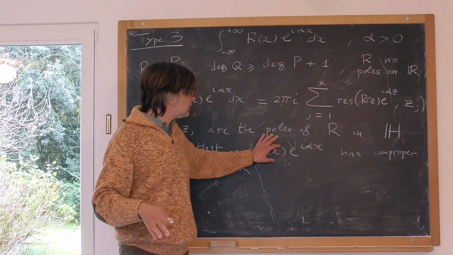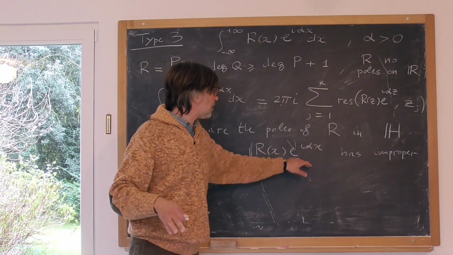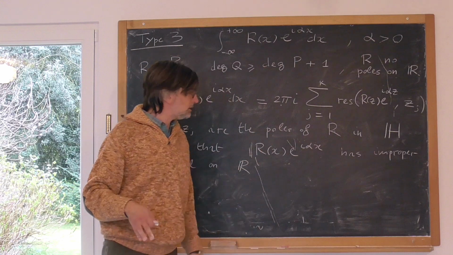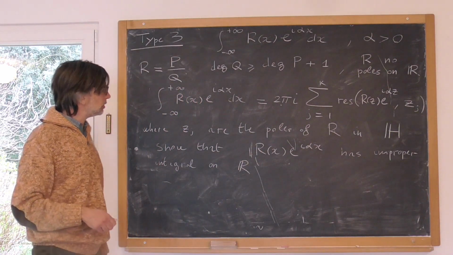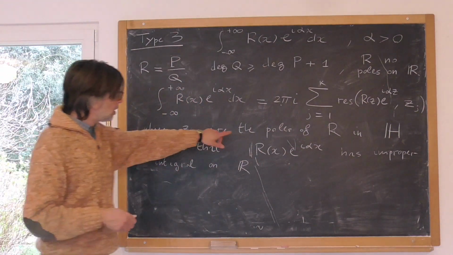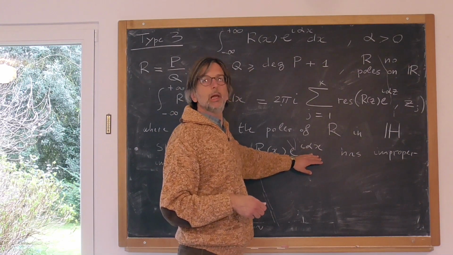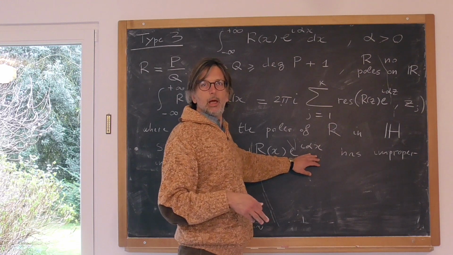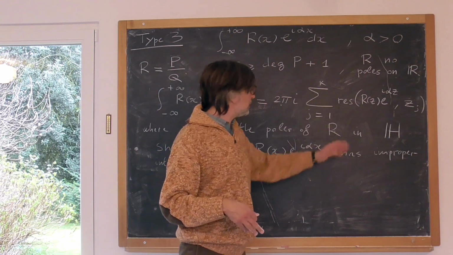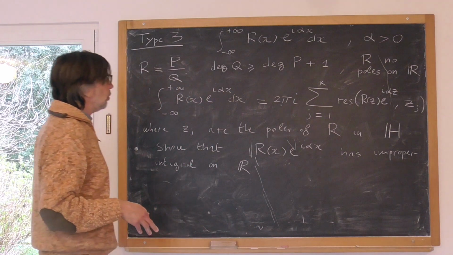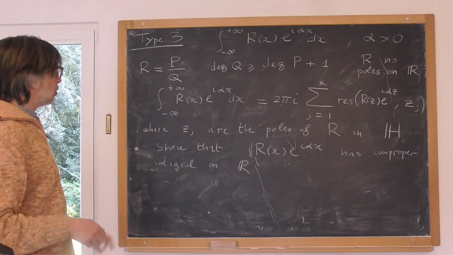And e to the i alpha x has an absolute value of 1, so it cannot help. So this function is in general not summable. However, this oscillating part will help convergence, and actually the improper integral will exist. So to show this,